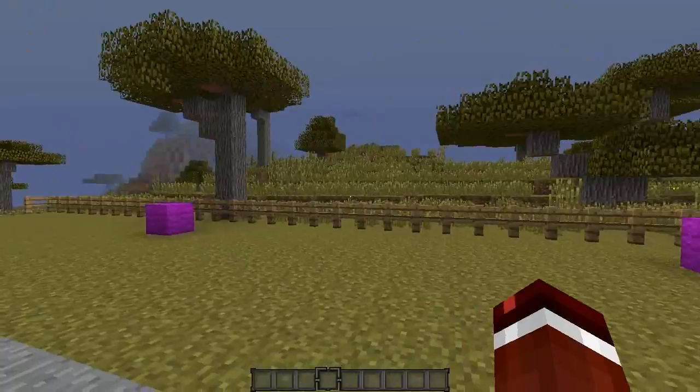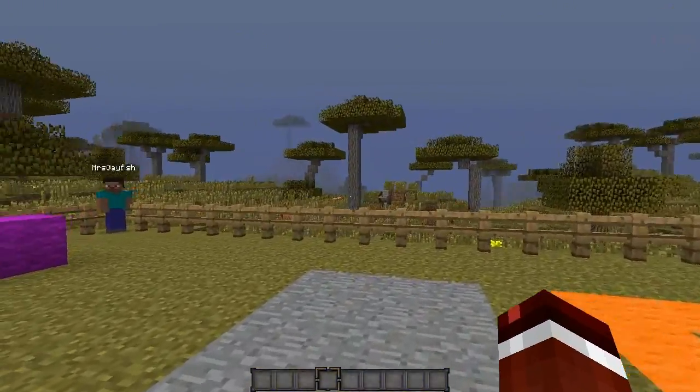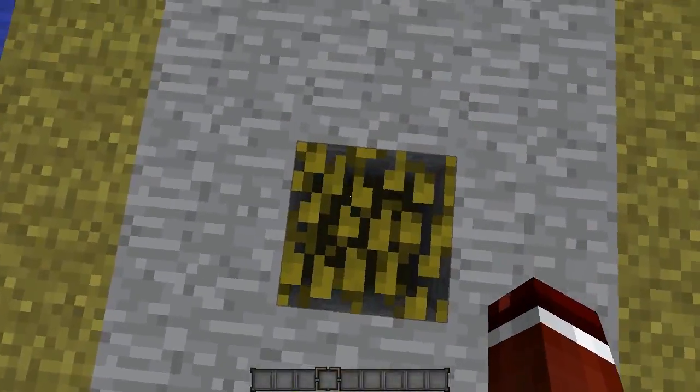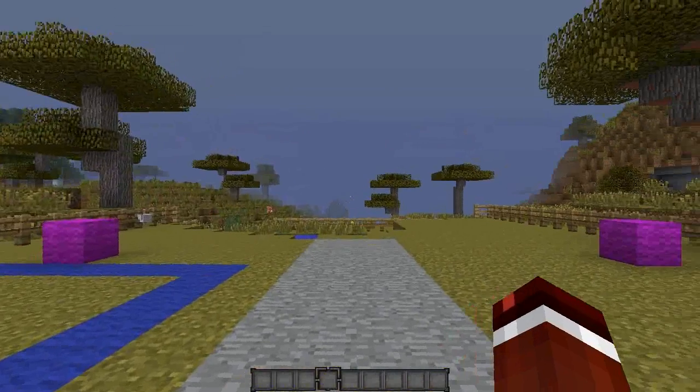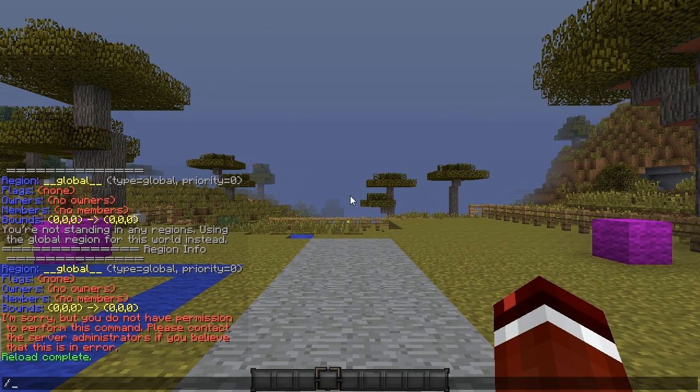So what you want to do is find an area that you would like to start a town in. I've picked the spot purposely, but you'd find a spot that you want, and then type /town create and then the name of your town. So I'm just going to call this